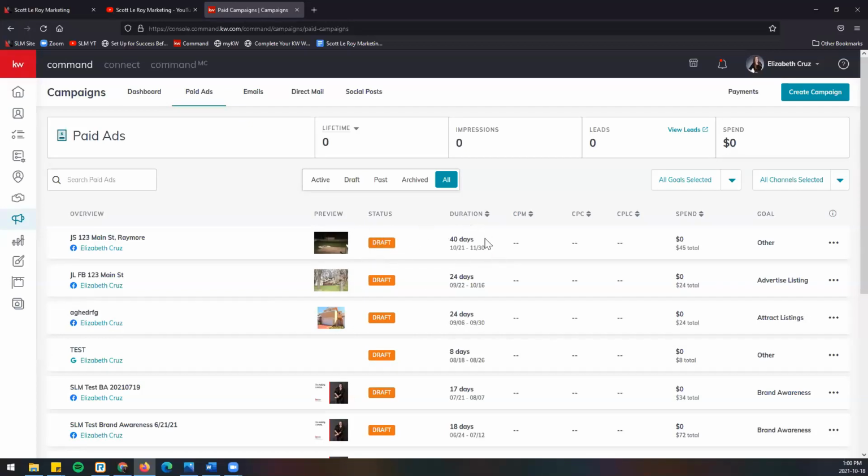Your duration for a quick eagle eye view of that. I'll go over these in just a moment. How much you've spent, your goal. Here's a little tooltip, which I'll show you in just a moment. And then the 3 dots here is where you can duplicate. So duplicate will be shown